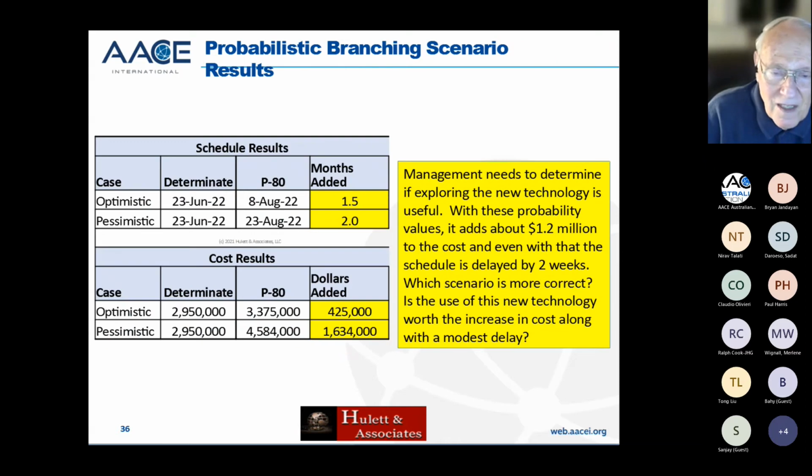And again, here's the deal. The schedule is about the same because with the 70% chance of having major risks, we hired some more engineers, but the cost is remarkable. And so if this is a $3 billion project, this has added $1.6 billion to the cost. It's a lot of money.